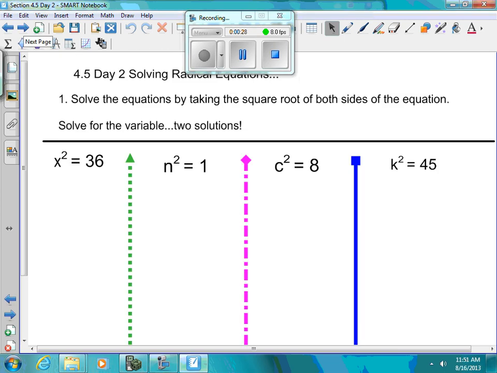Okay, so first things first, solve the equations by taking the square root of both sides of the equation. Solve for the variable, and there are always two solutions. So make sure you have all that down as a reminder, and I'll show you why we have two solutions here. If I have these individual equations,